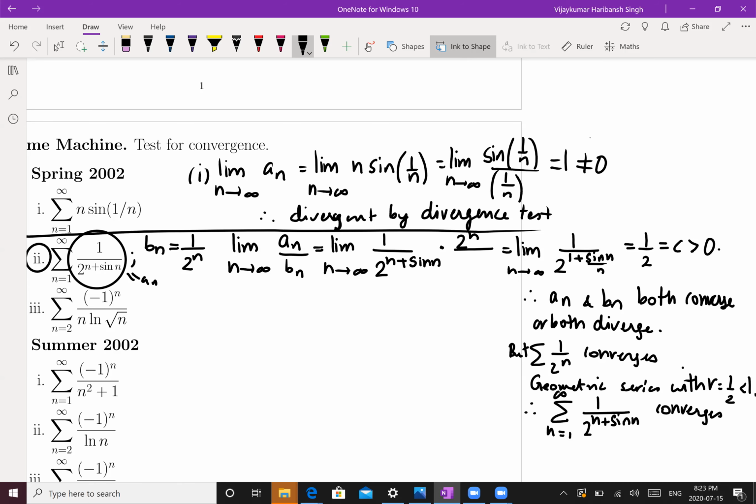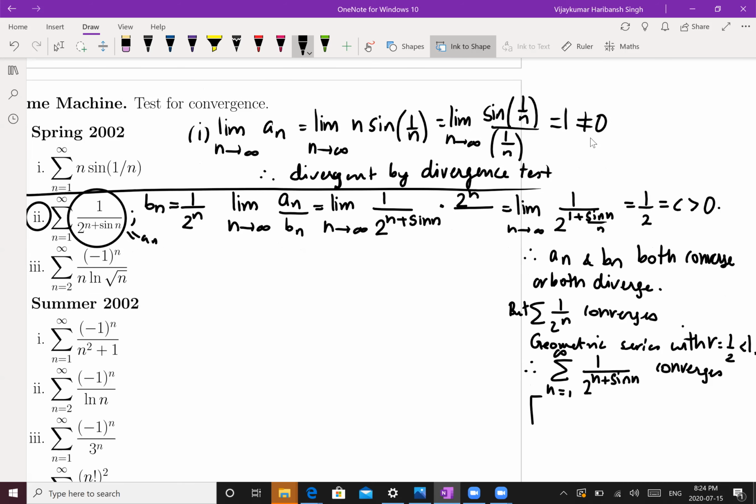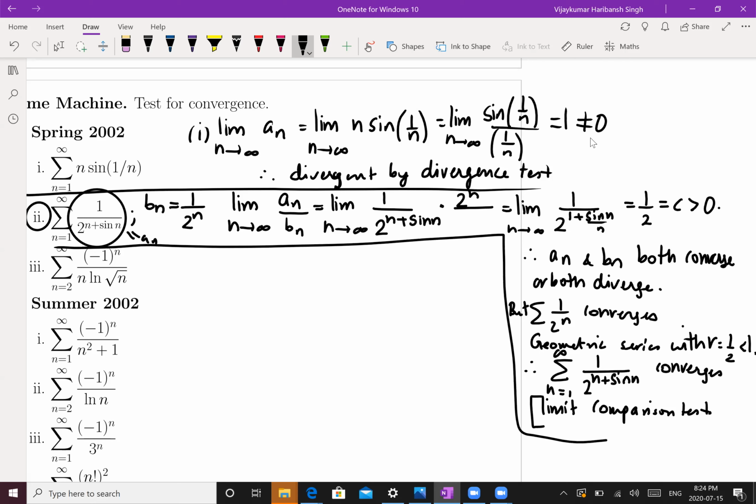And what is the justification for that? Limit comparison test. Okay, so this is how this problem is done. Now let's look at the next problem